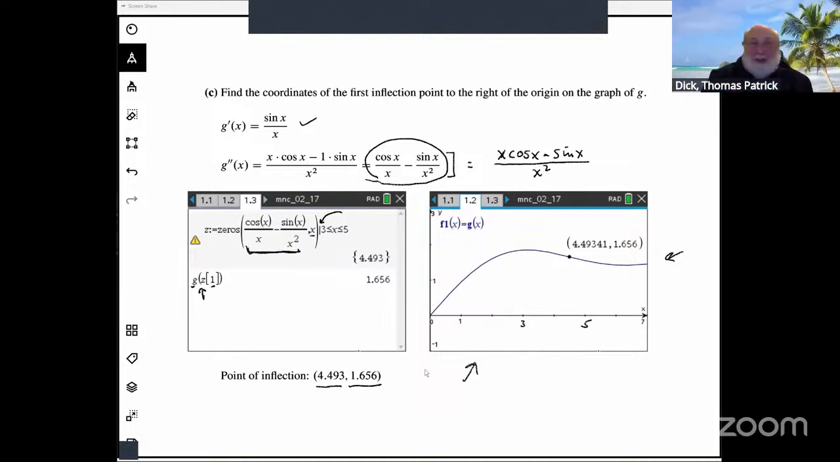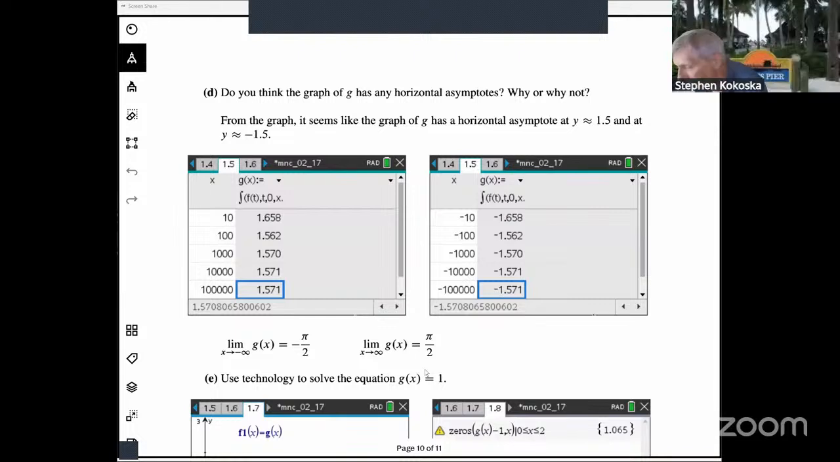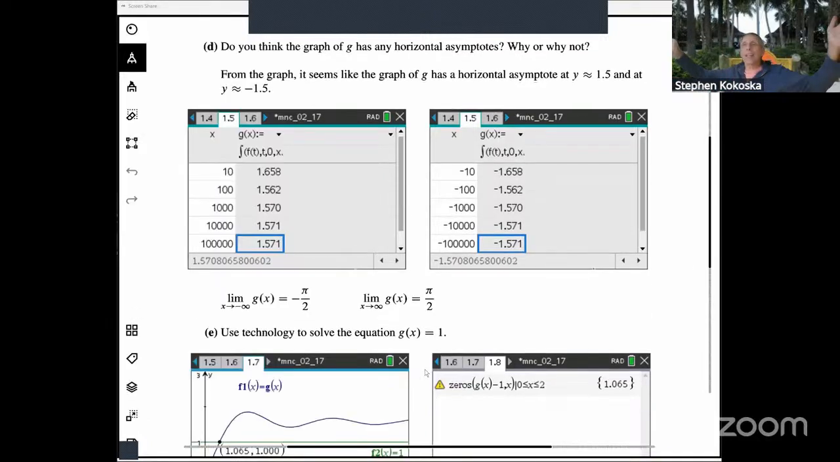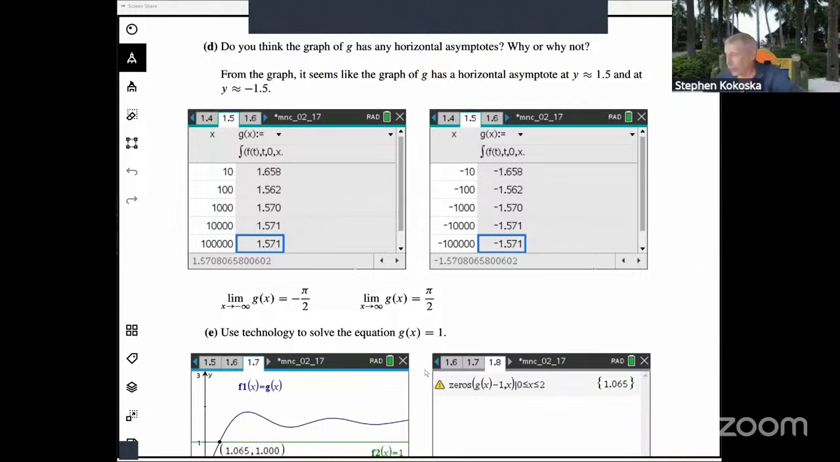Okay, D. All right. So do you think this graph of G has any horizontal asymptotes? Why or why not? So what was going on as X increased without bound, as X decreased without bound? Well, this one I don't know if I can prove. I can show you analytically, but what I did is a little bit of numerical investigation. It looked to me like those curves were kind of zeroing in on about 1.5 and minus 1.5. And son of a gun,